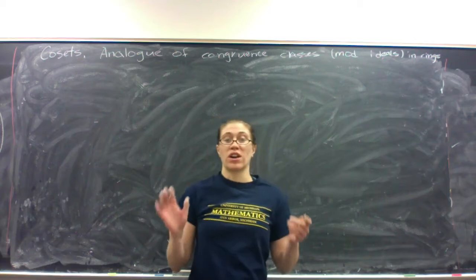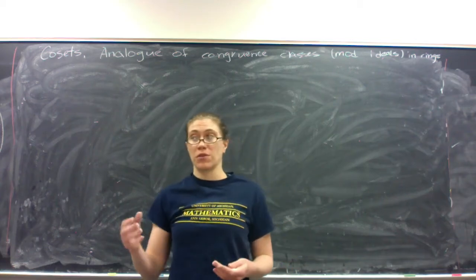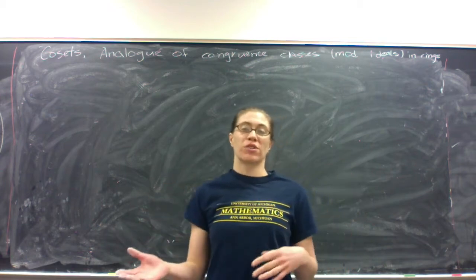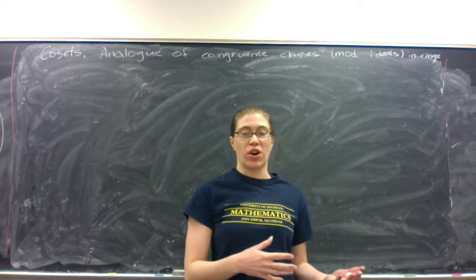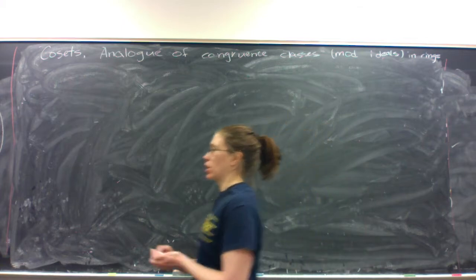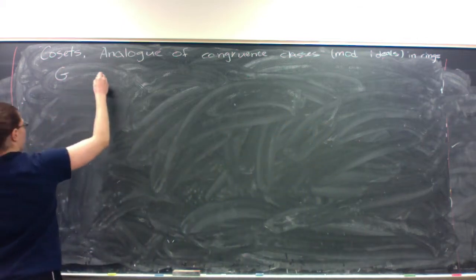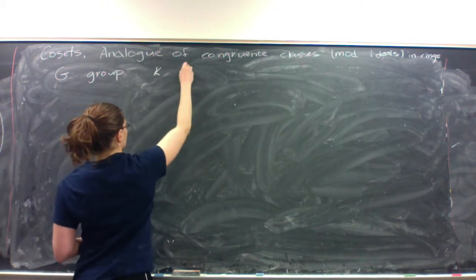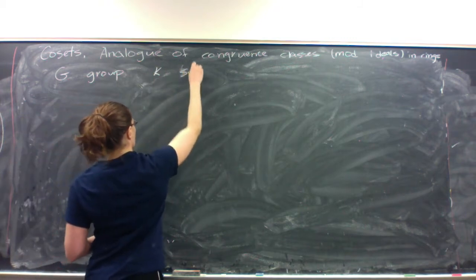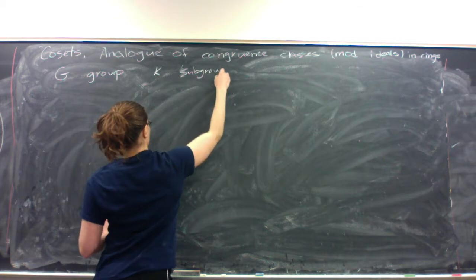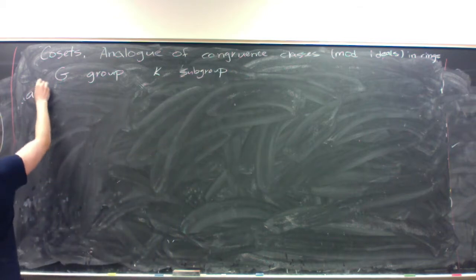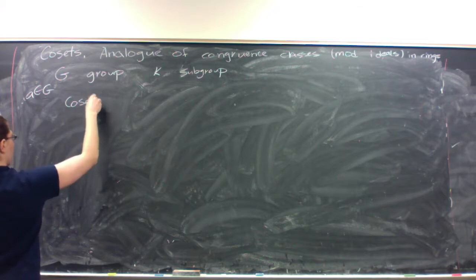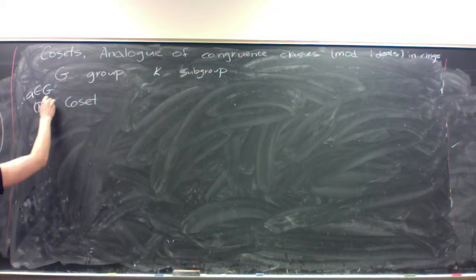Going to mini lecture on cosets of subgroups, and cosets are the analog of congruence classes modulo ideals that we saw in rings. So that's what I have written here. So let's start with a group G and a subgroup K. And we'll fix an element A in G. And so a coset, and I guess we're defining right cosets here,